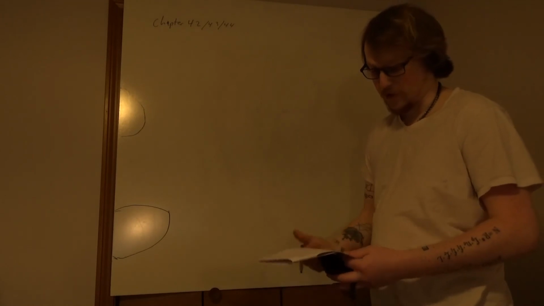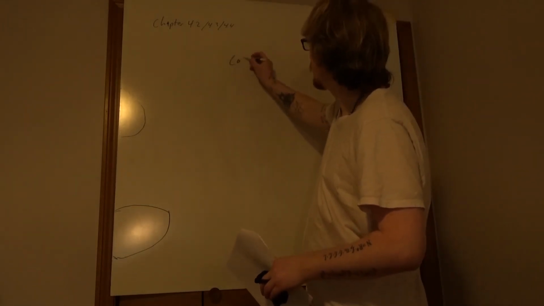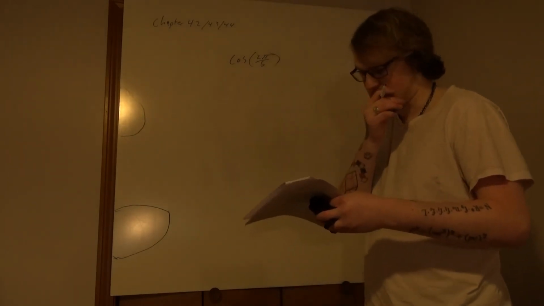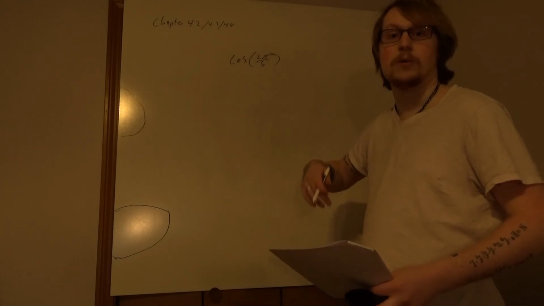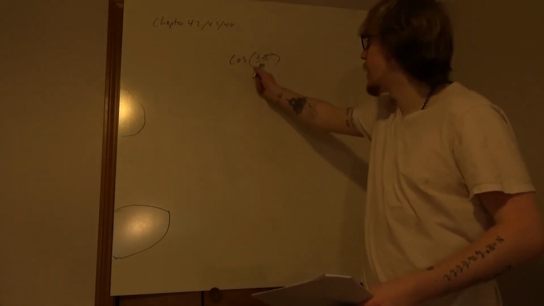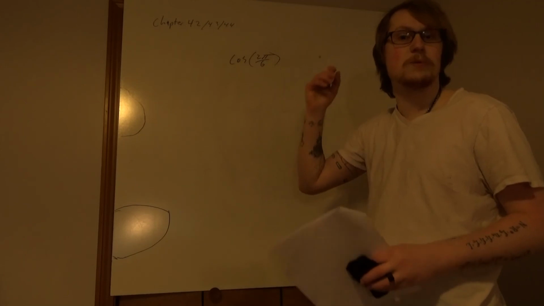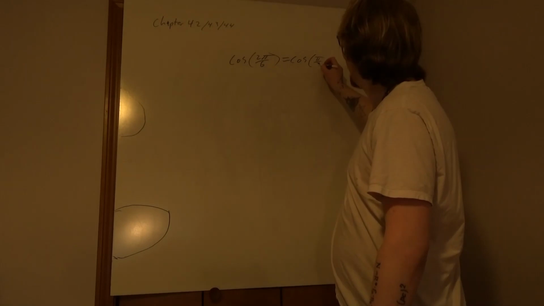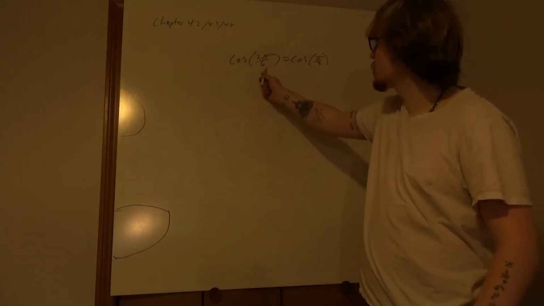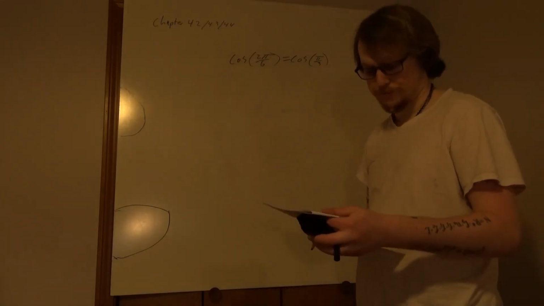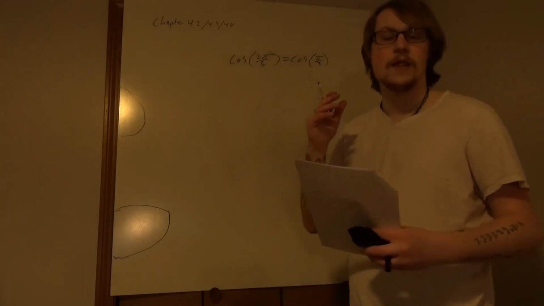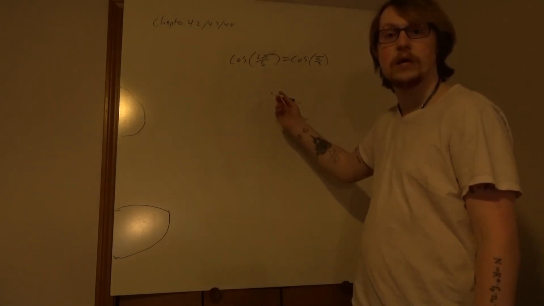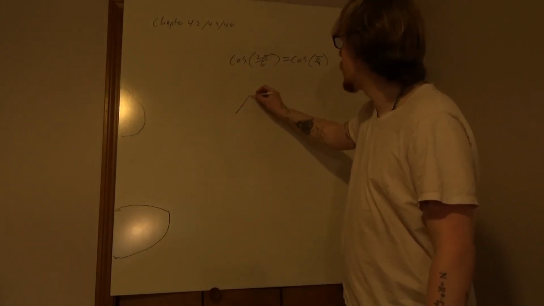Okay, so the first one from the notes says, find the cosine of 2π/6. So for this, the first step is always check if it's in simplest form. And it turns out that it's not, right? So 2π/6 is going to be the same as pi/3, since 6 is divisible by 2, so we get some cancellation. Then we can look at the unit circle to see that, well, I actually just covered it. When we do pi/3, we wind up with a